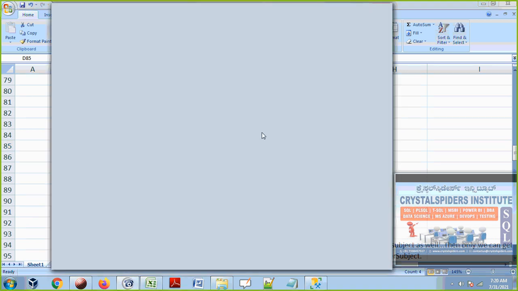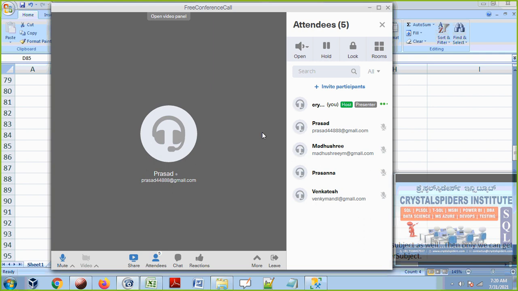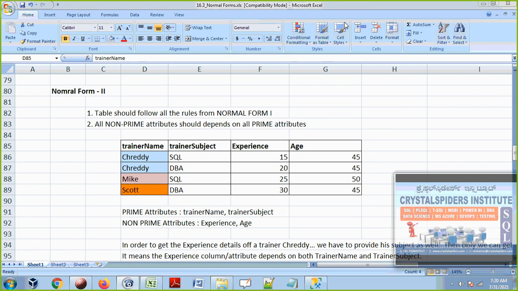There should not be any grouped values, and all the column names are unique. Then we can say this table is in normal form 1. It should not have multi values or grouped values, and a column name should be unique. Then we can say the table is in normal form 1.